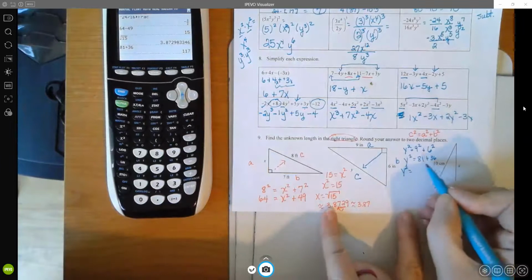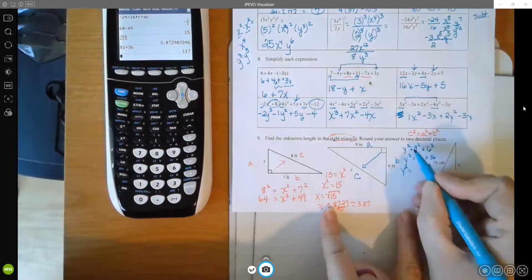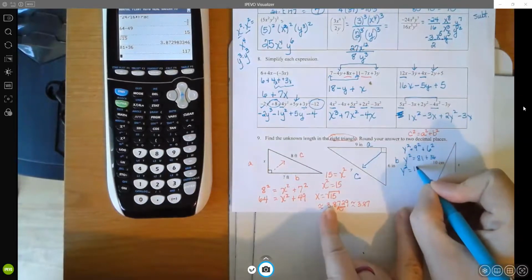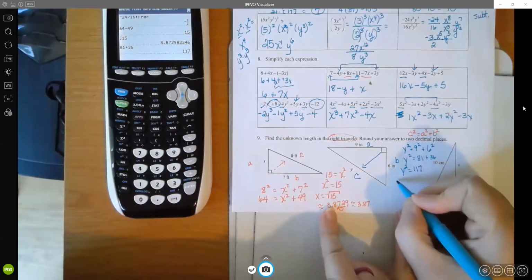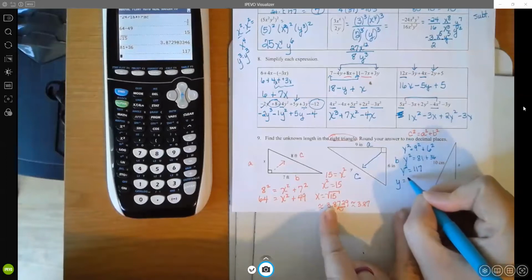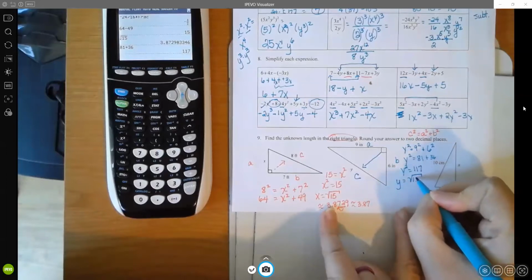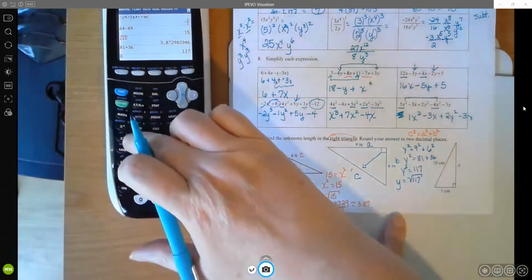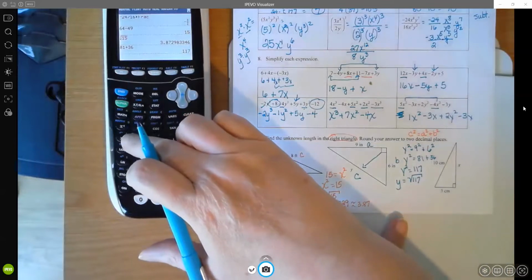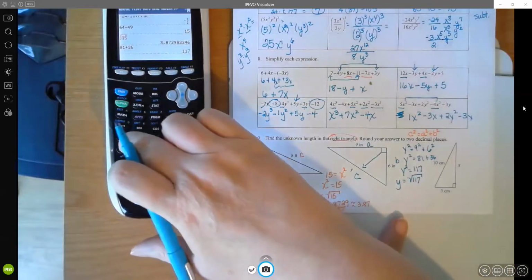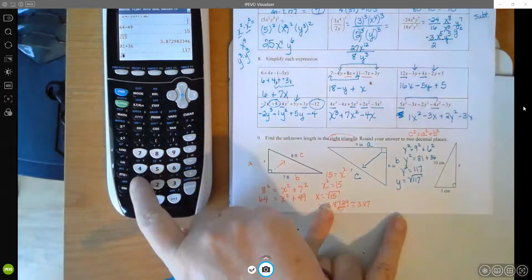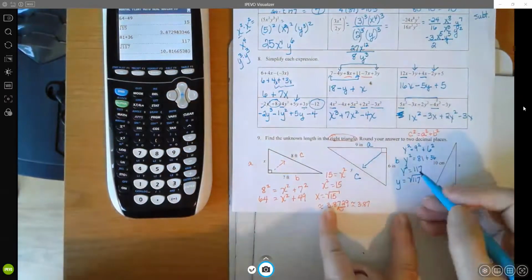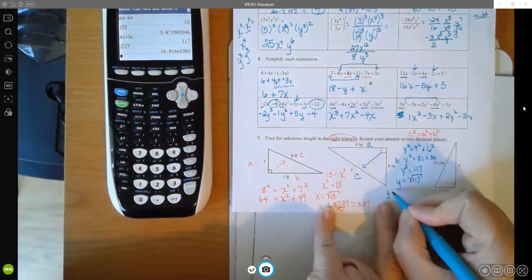These numbers are on the same side of the equation, the same side of the equals. So I will add those numbers. And again, I will take the square root, and that will give me the square root of 117. The second square root, I hit the second key, and then above the x squared is the square root. It gives you the square root symbol. And then I'll type in 117 and then enter. In this case, that gives me y equals